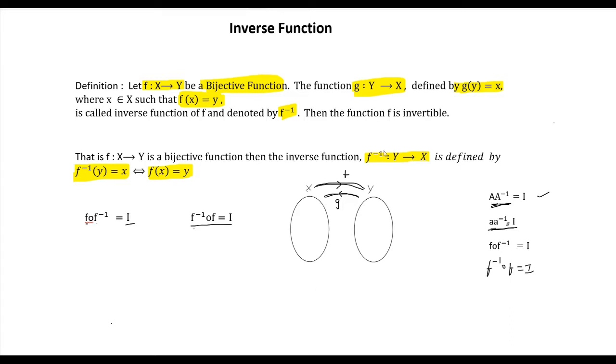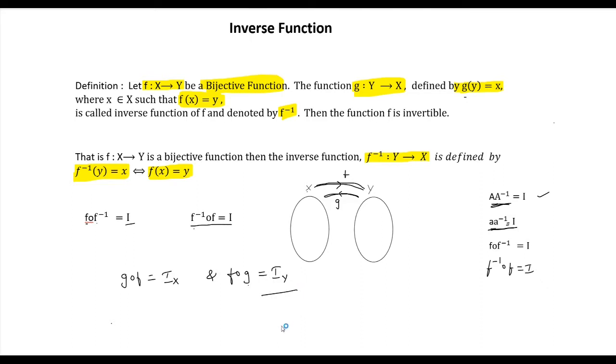Suppose instead of inverse, we call this function g, then how do we check the invertibility of a function? We have to check that g circle f should be an identity function and f circle g also should be an identity function. In this case, first f mapping happens. What is the domain set of f? It is x. So it is identity on x. You start with x and after 2 mappings, you get the result as x itself. That is the identity function. Now in this f circle g, g mapping happens first. Which is the domain set of the function g? It is y. So identity is on y.